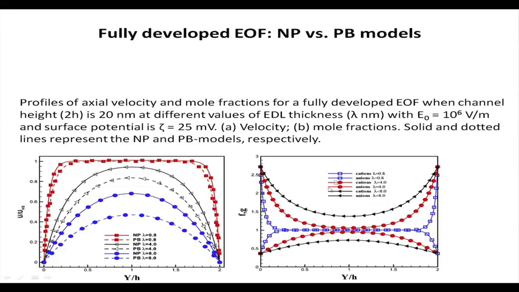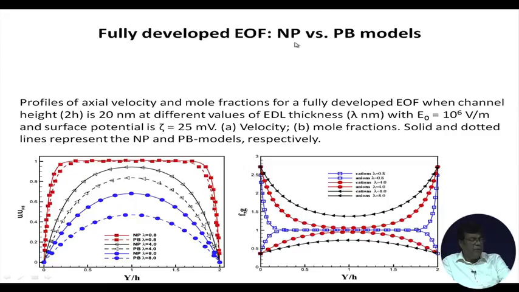Now, if instead of the Debye-Huckel approximation I take the full nonlinear Poisson-Boltzmann equation for the electric field, and compare that with this solution of the differential boundary value problem we have described, which we referred to as the Nernst-Planck model or the NP model,